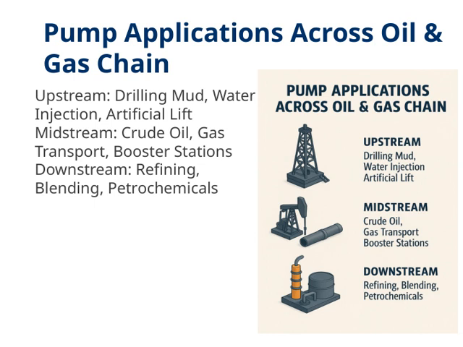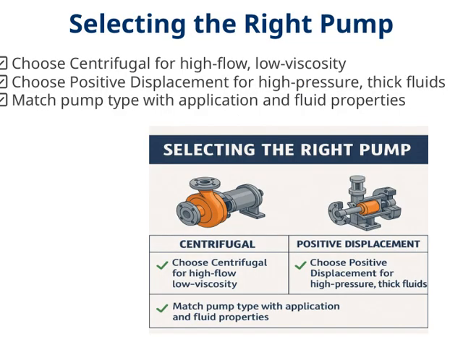Lastly, in the downstream sector, pumps are key in refining processes, blending operations, and petrochemical production. They help ensure that the final products meet quality standards and are ready for distribution. Overall, pumps are the backbone of the entire oil and gas supply chain, enabling seamless movement and processing at every stage. When it comes to selecting the right pump, it's all about matching the pump type to your specific application